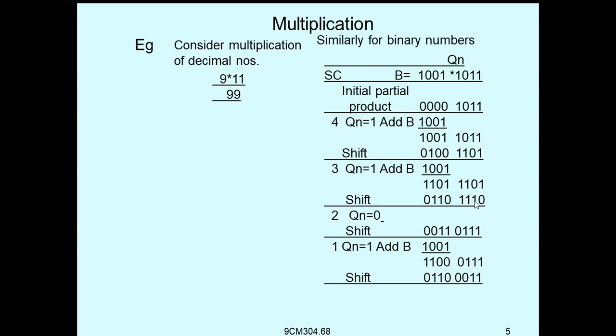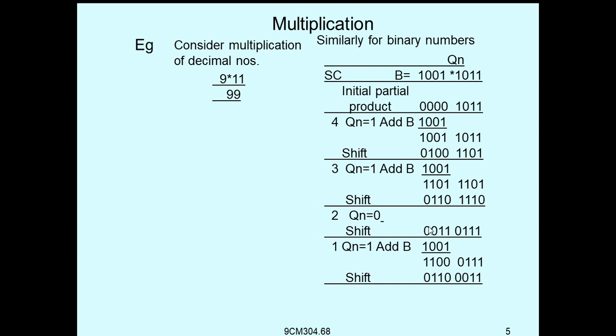Now this one is 0, which means we have to perform only the shift operation itself. The 0 goes on and then triple zeros, and this 0 comes here, and then double one, 0 0, like this. Now here, once again the SC is decremented by 1. Here this is the Q bit 1.